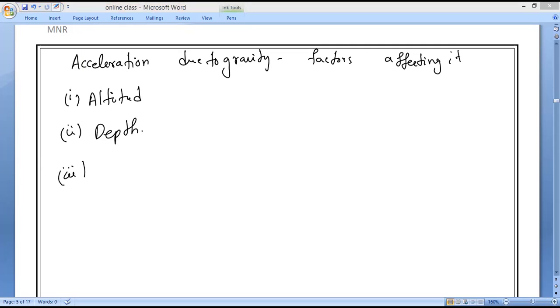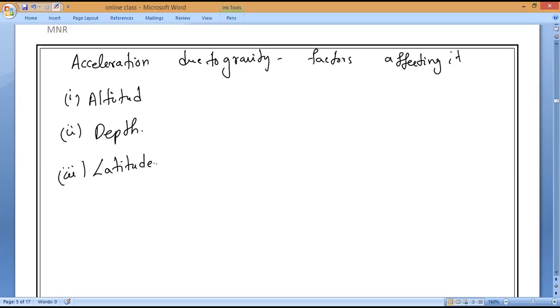The third factor is called latitude. What is that called? Latitude. Do you understand, everybody? Please respond. Now, observe very carefully. As I told you, when you keep on going away from the earth,